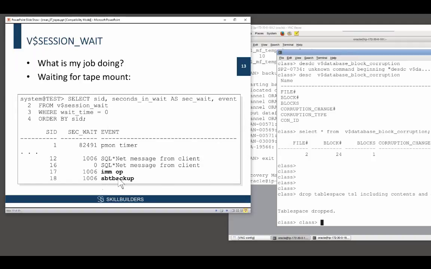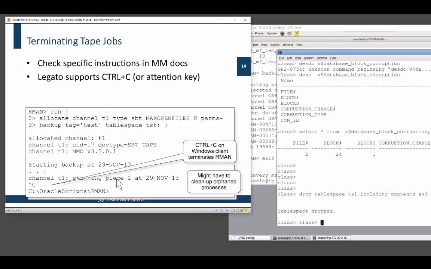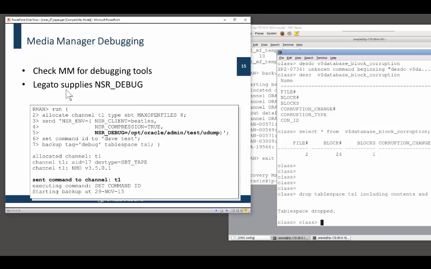There's some wait events. It may be difficult to work out where problems occur. And there may or may not be debug options. These NSR directives, you're sending commands to the tape library, or rather not to the library, to the tape client. This is the Legato storage manager, which is now, I think, owned by Symantec. I think Symantec own that nowadays. And that will be how to enable debug logging for the Legato tape library. But again, that will all be platform-specific